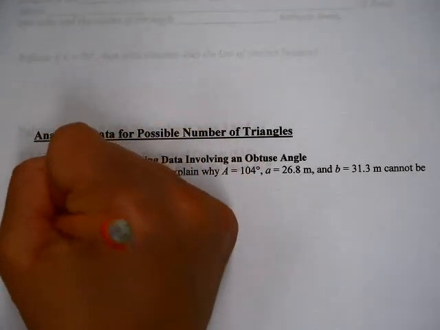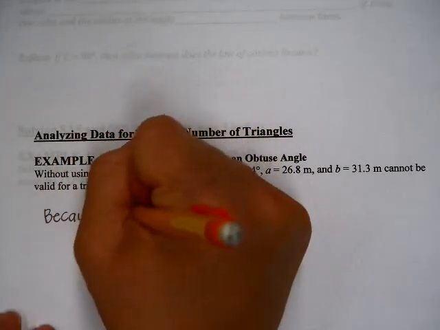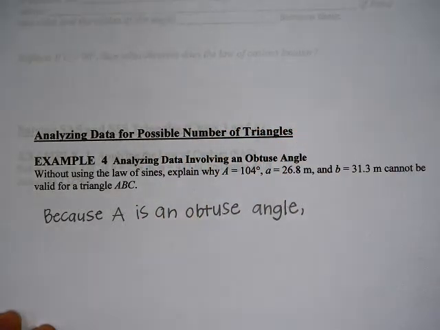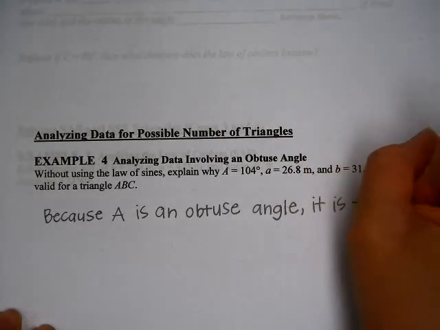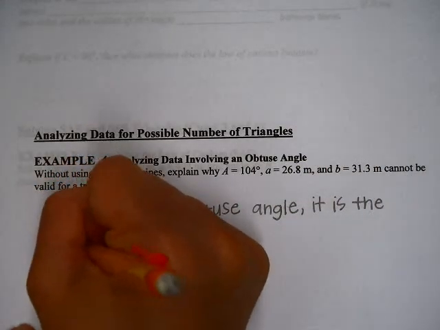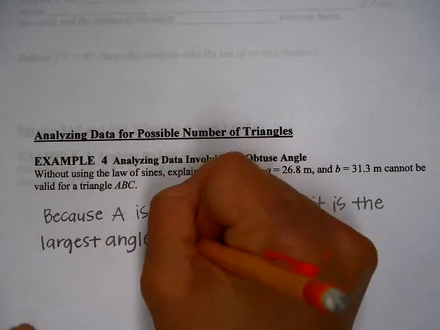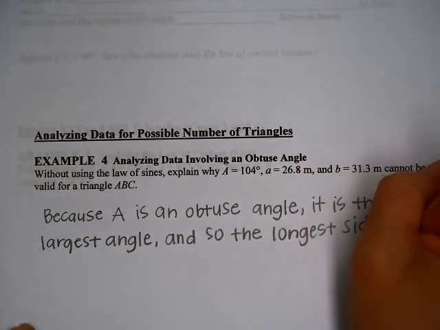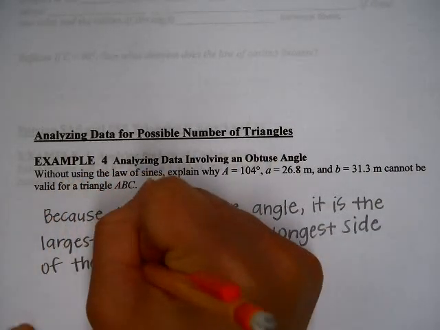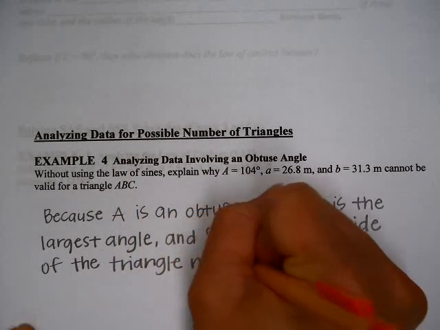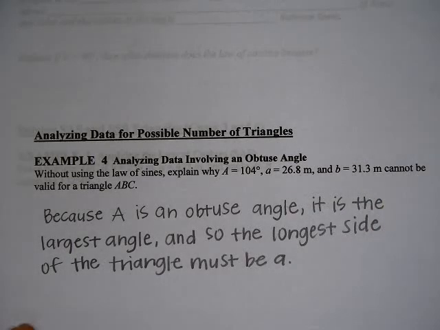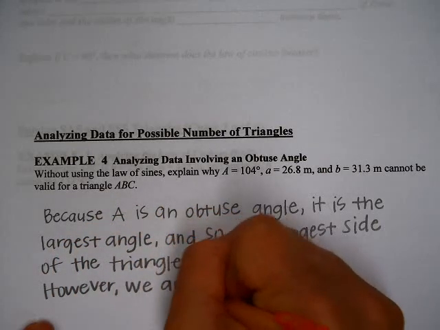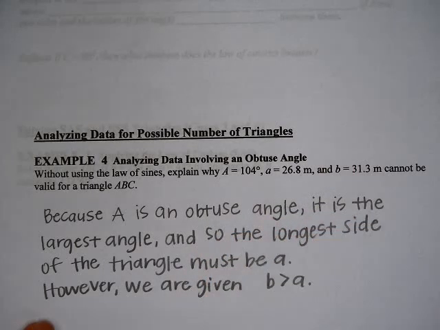All right? So let's write this out in words. Because A is an obtuse angle, it is the largest angle, and so the longest side of the triangle must be little a. However, what? However, we are given